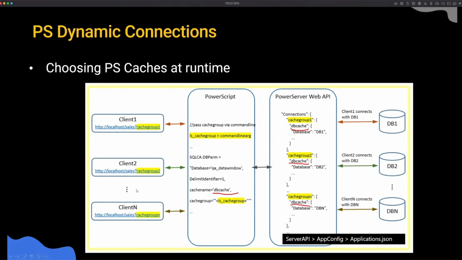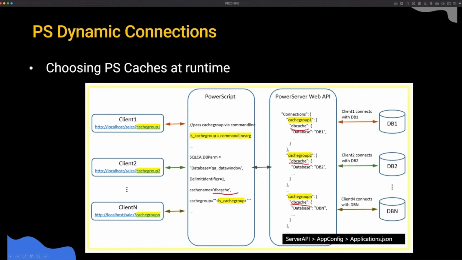The clients start the PowerServer installable cloud app, passing cache group as an argument in the query string. This is intercepted in PowerScript via the command param argument of the application's open event. And then the database parm, the DBParm property of the transaction object, is built in such a way that it contains the cache group and the cache name,